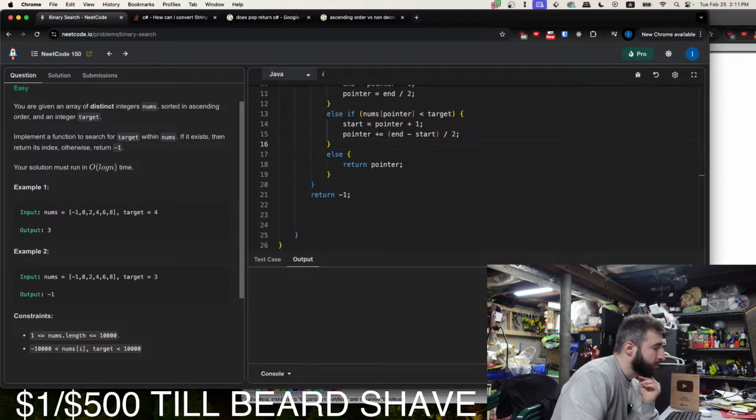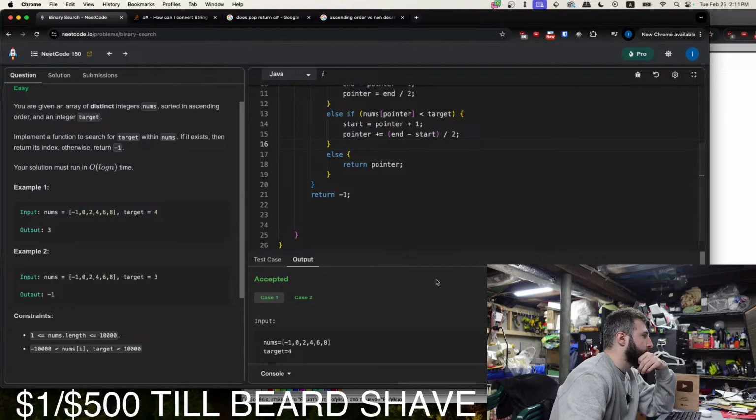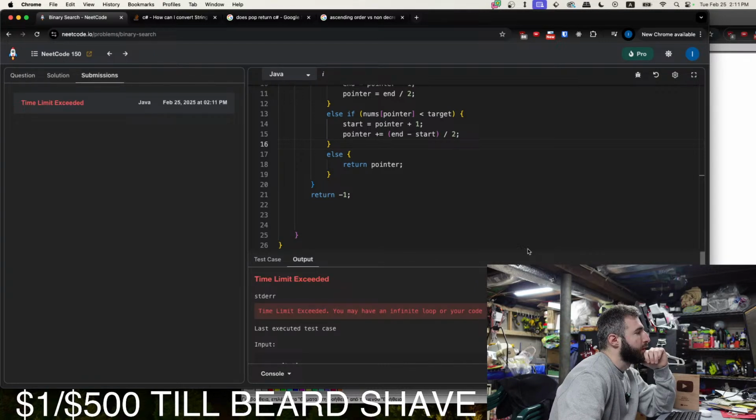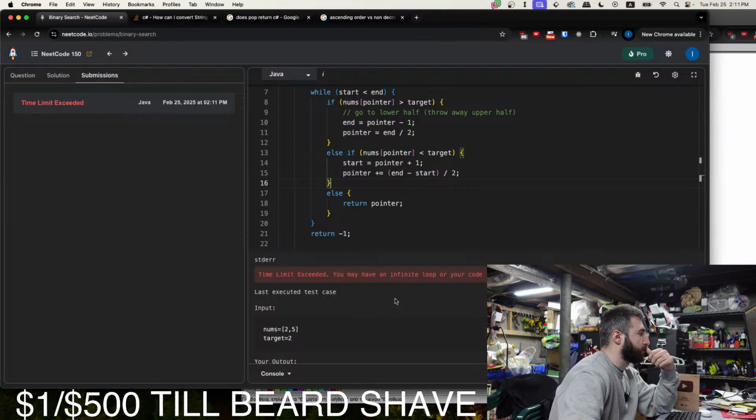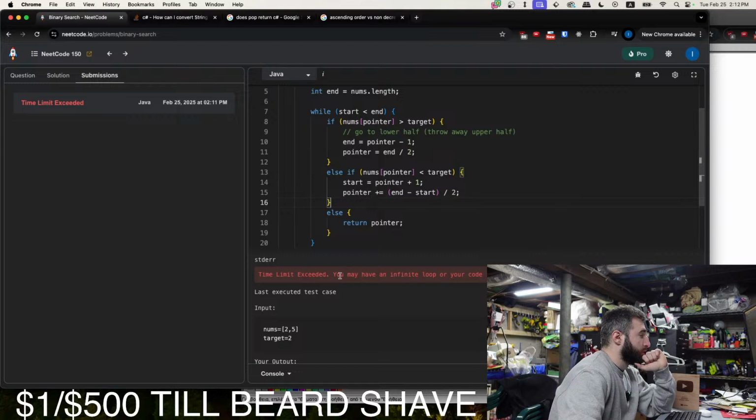All right, let's run this. Oh, it passes both test cases. Sweet. Now if we submit it. Oh, we have an infinite loop. Interesting. Okay, so for this test case, 2 and 5.